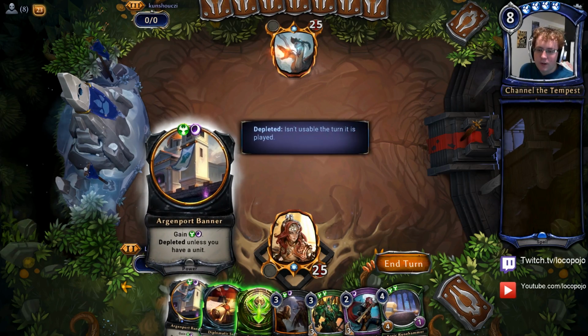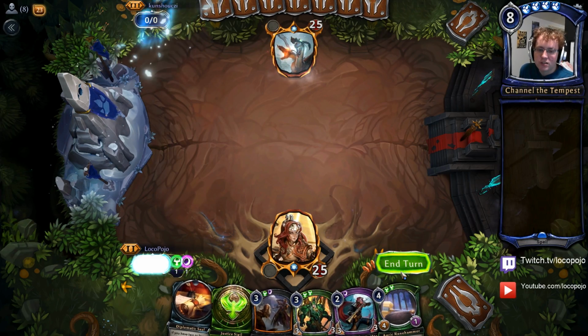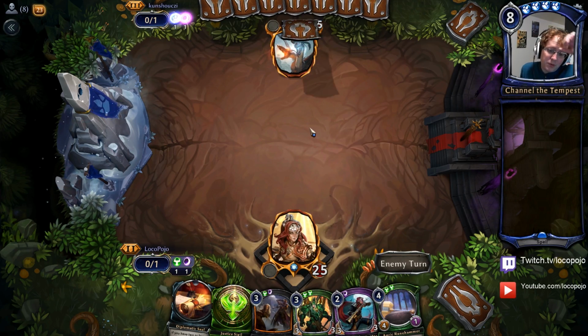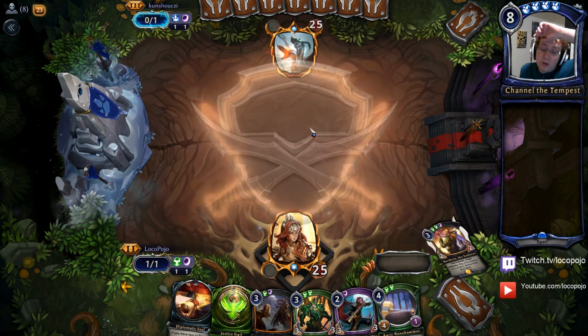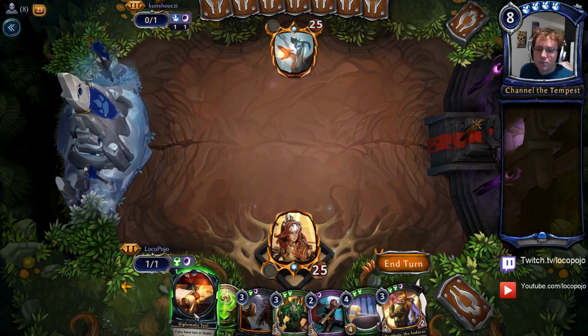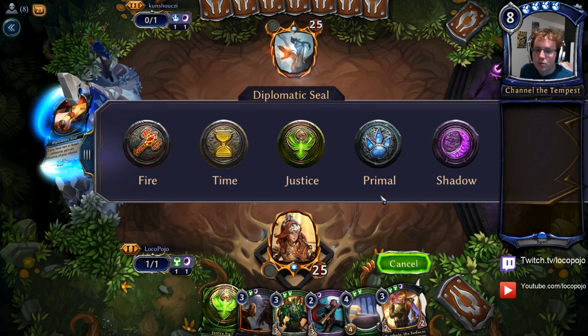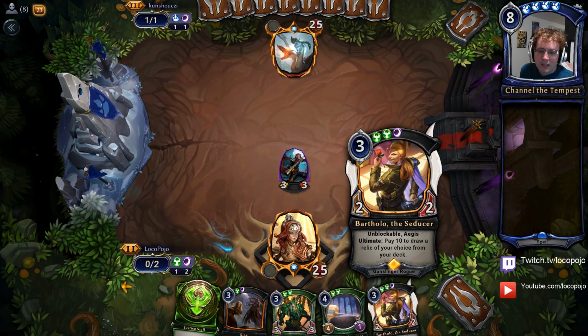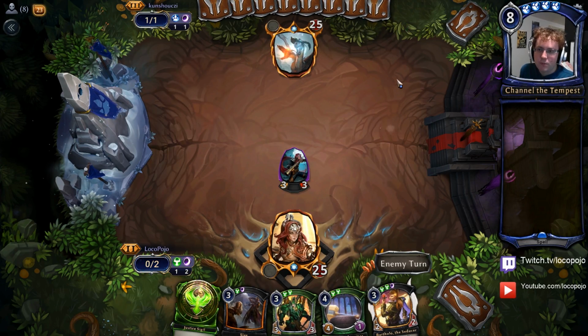This deck has very light influence requirements. It literally just needs double green, double Shadow, so it's pretty reliable in terms of getting its units out. And that's always important. And the only major double green is Auric Runehammer, and they start at 4. Bartholo is of course kind of an issue, but not too bad. So we'll go ahead and play a Shadow here. That gets us Argenport Instigator down, and we can follow that up with Bartholo or with Valkyrie Enforcer, depending on